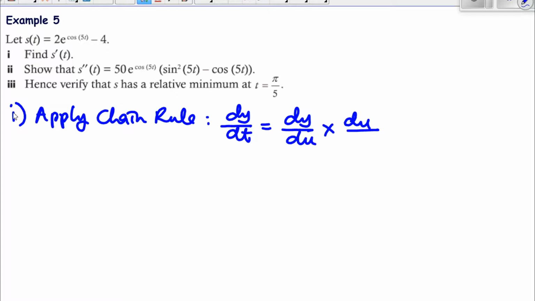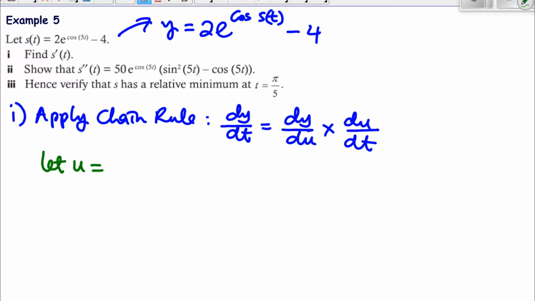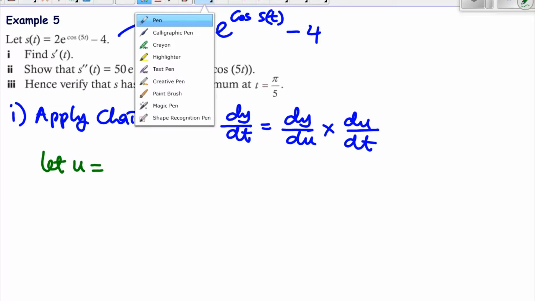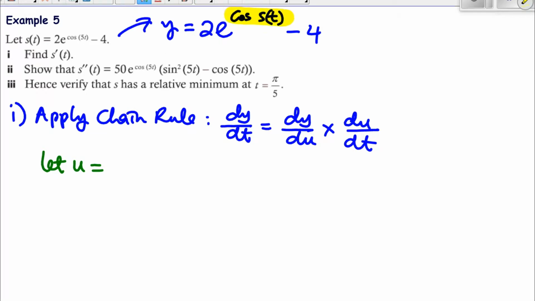So you're going to apply chain rule, which says that dy over dt is equal to dy over du multiplied by du over dt. And here we are assuming that y is equal to 2e to power cos 5t minus 4. Okay, then if you're applying chain rule, we need to say, well, let u be equal to this power here. All right, so this will be our u. So if we let u be equal to cos 5t,